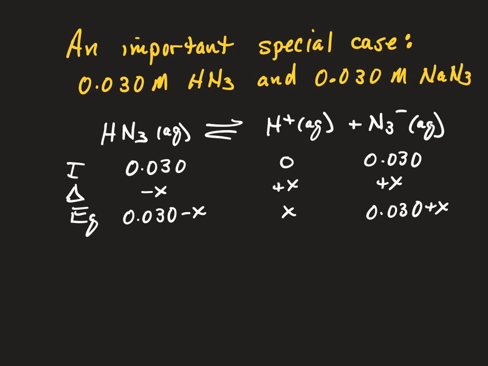Now let's consider an important special case of these kinds of problems. Here we've got 0.030 molar hydrazoic acid, and here we've got 0.03 molar sodium azide. This becomes our initial concentration on the acid side. This dissociates, so we've already considered our complete process to make 0.03 molar azide ion. We start off with no hydrogen ion, minus x, plus x, plus x,